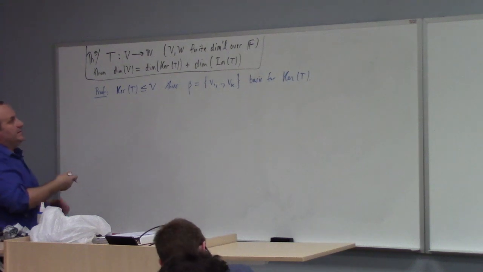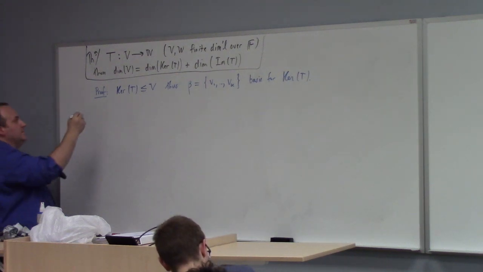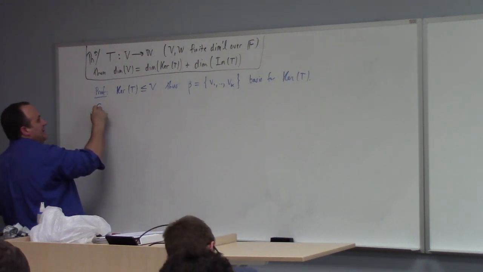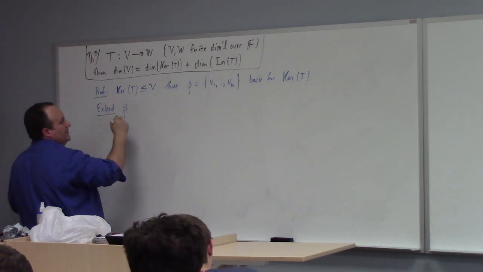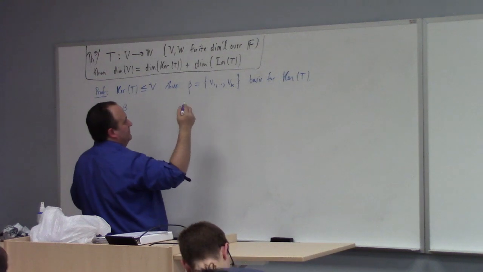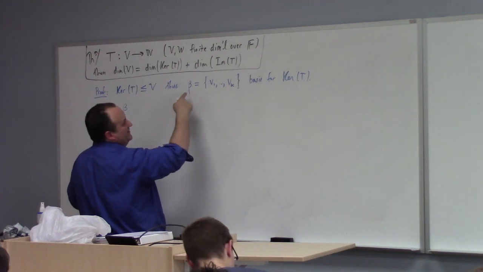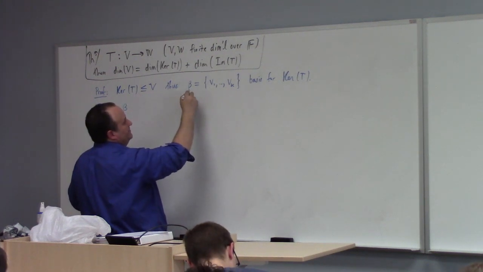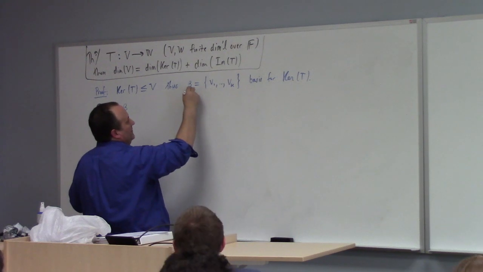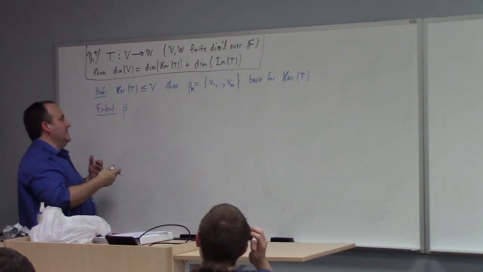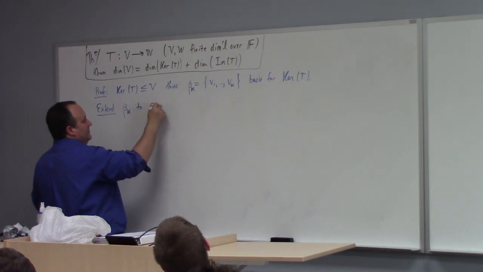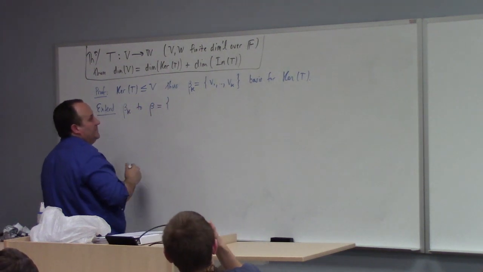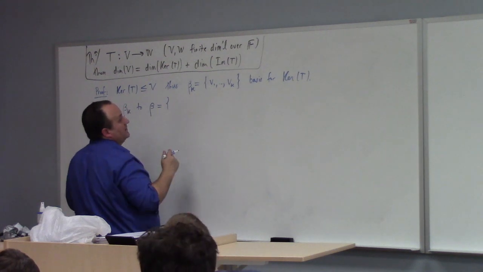But then, the dimension of V, so we can just extend beta. Let me call this beta sub, I'm going to call this beta sub K maybe for kernel. So we can extend beta sub K to beta, which is equal to, let us say,